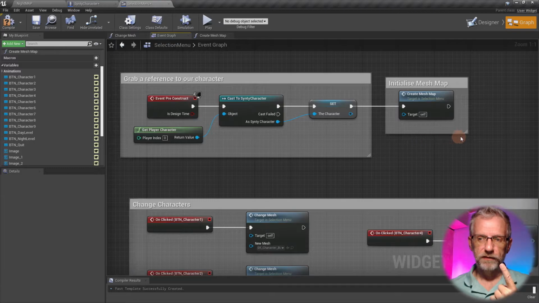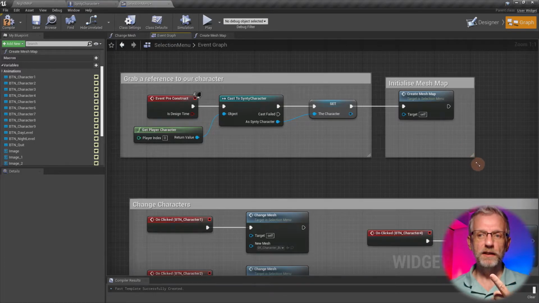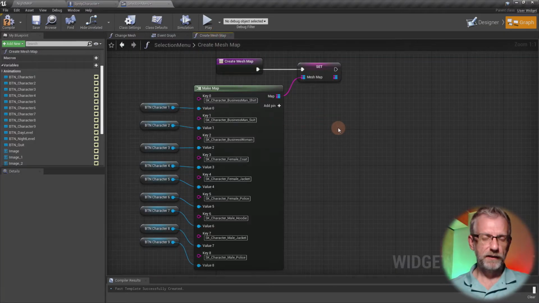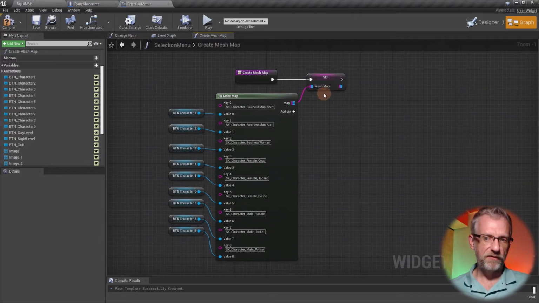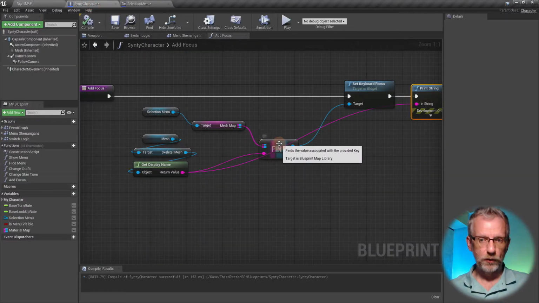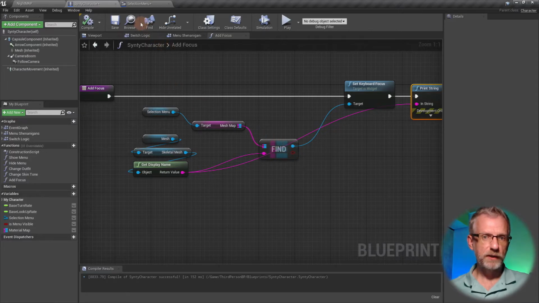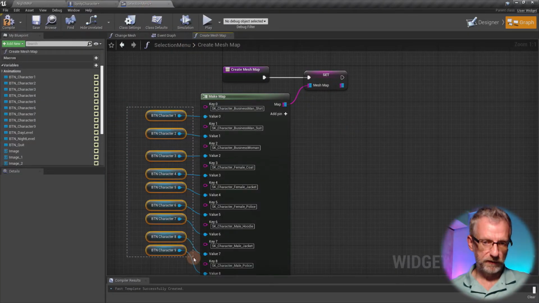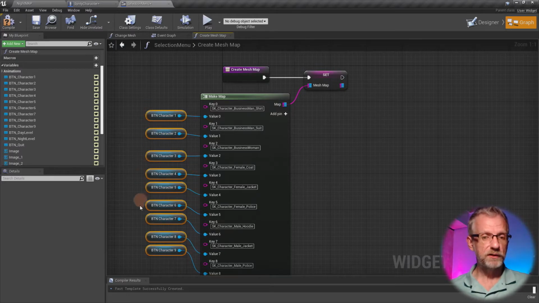This is functionality we'll also build into the selection menu, and we'll need one more variable that I have not told you about, and that is just a regular array of buttons. So we're going to attach that to the create mesh map variable. So we can go back to this, and from our mesh map variable, there's some other funky nodes there. We've seen how to use the find node on that map variable. There's one that gives us literally all the values. There's also one that gives us all the keys, but we're interested in literally an array of all these things,